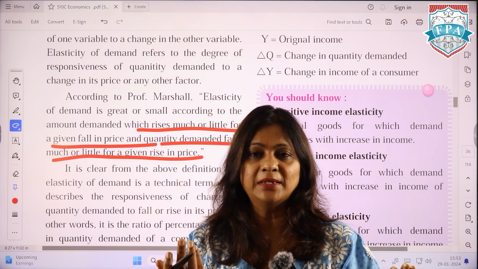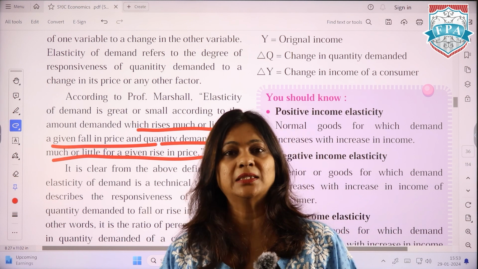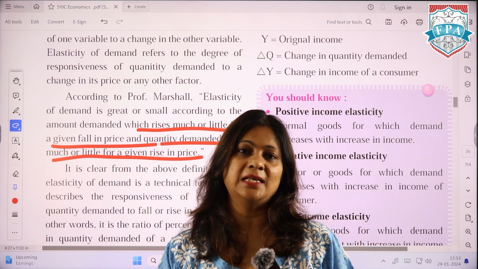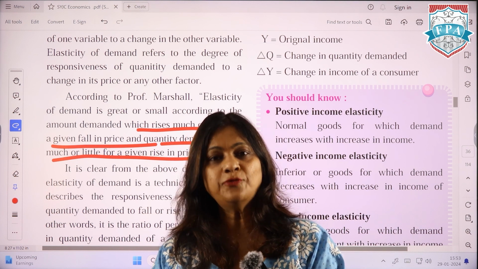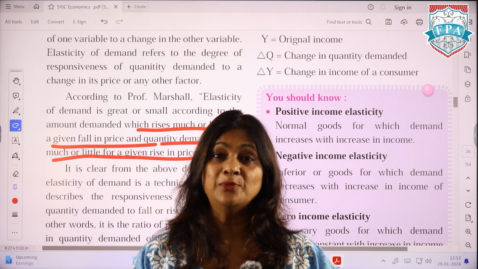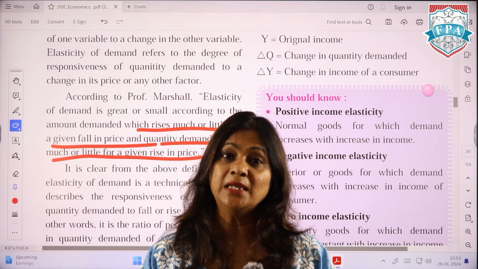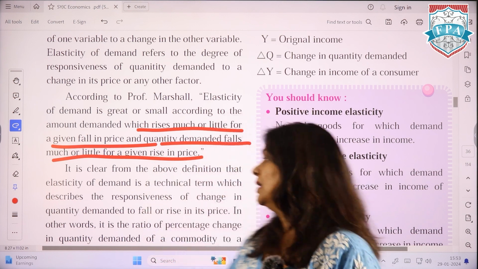You don't remember the definition? Then as I always tell, memorize mat karo. Can you remember this line? Elasticity is responsiveness of the quantity demanded with respect to a variable which can be price, which can be income, or it can be a substitute or a complementary good. Going further,